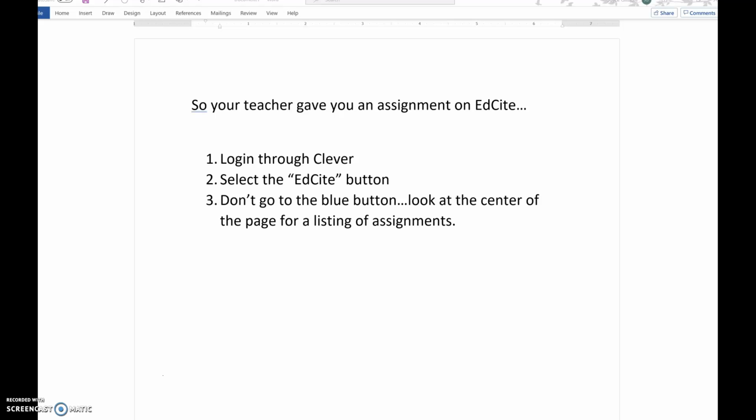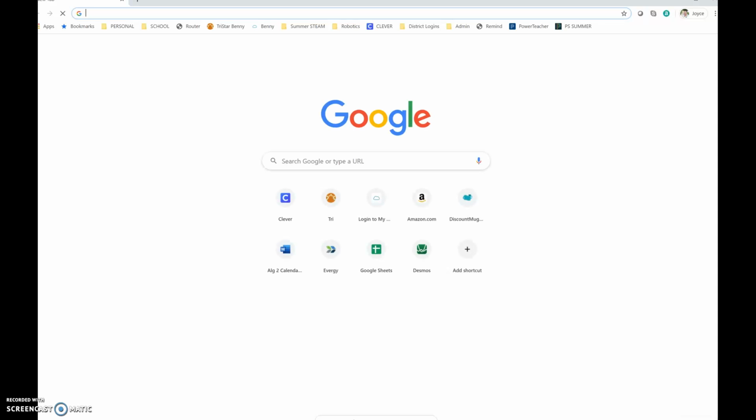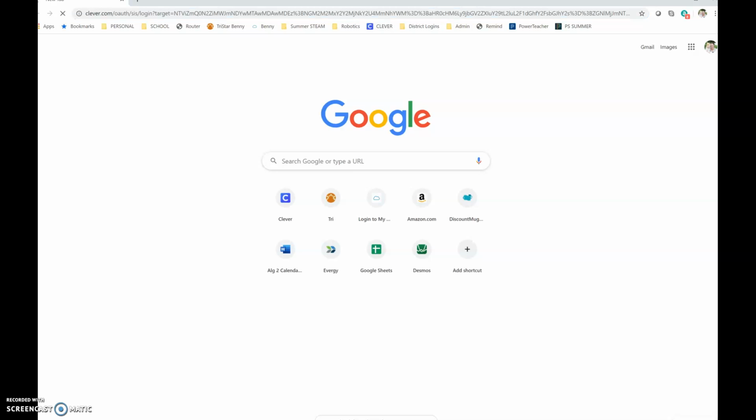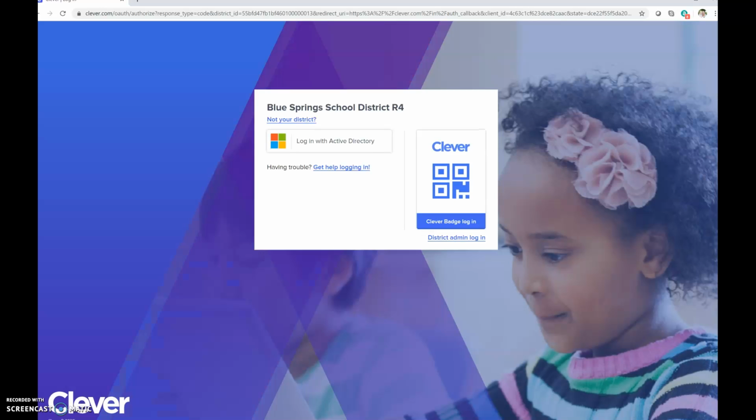So here are the steps. You're going to log in using Clever, select the EdCite button, and then I'll show you what it looks like. Now, I don't have the true student view, so it's a little bit funky, but I'll do the best I can. First of all, you always want to use Chrome when you're using EdCite. EdCite does not like Microsoft Edge, so you really want to make sure that you're using Google Chrome when you're going into EdCite. So you want to go to Clever, and the link for Clever is